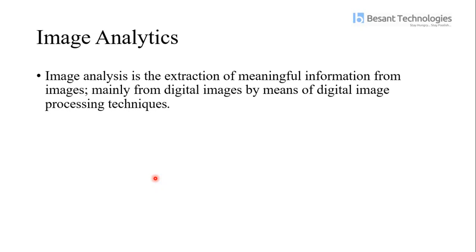Now I want to know how much fire was caused in the Amazon. I can get the satellite image of the Amazon forest fire and simply do some image analytics processing with that. From that I can understand the fire caused in the Amazon forest.